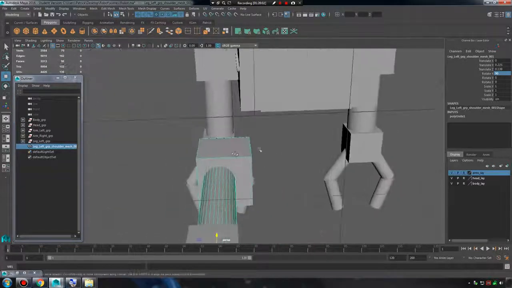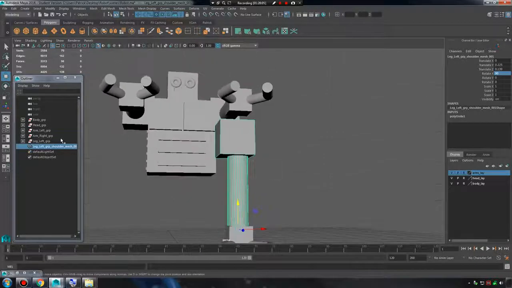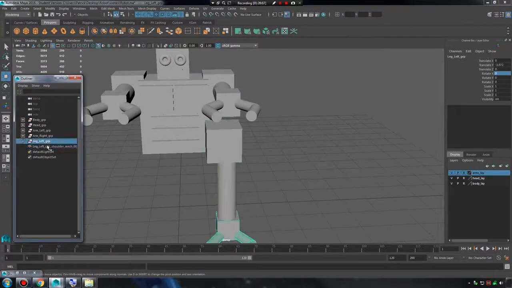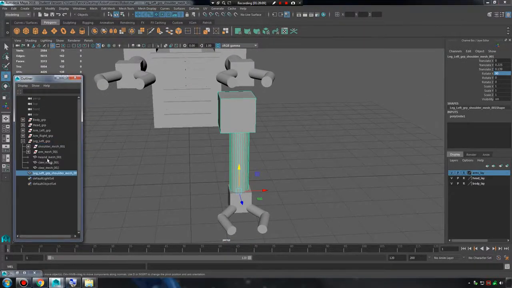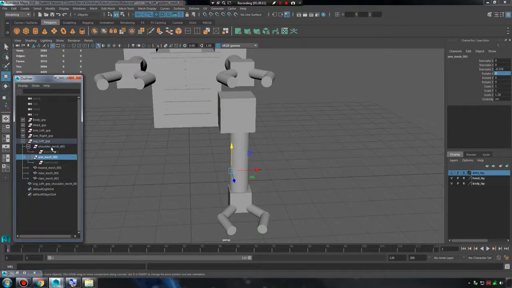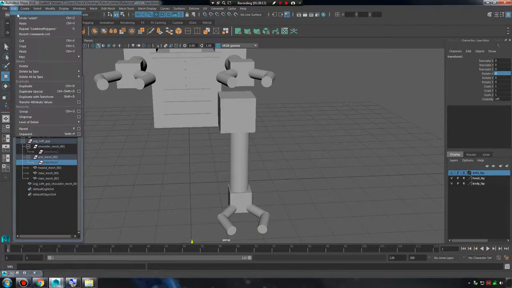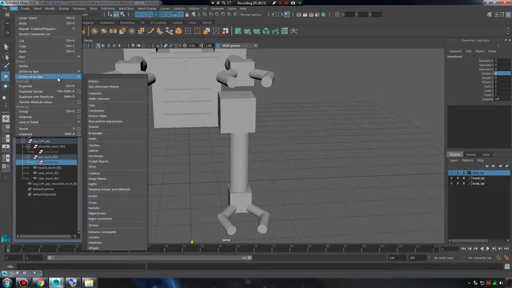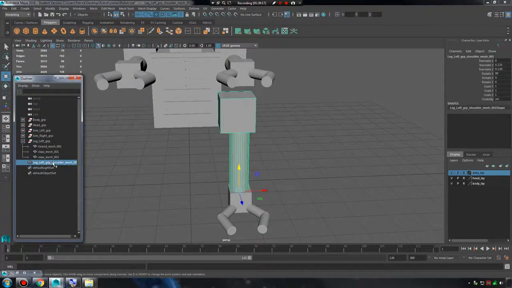But my ball joint, well, that might be okay. Let's see. Oh, what do we got here? We got those empty groups again from using the combine tool. So I'll go to Edit Mesh, Delete All by Type, History. And I'll rename this new combined layer to thigh